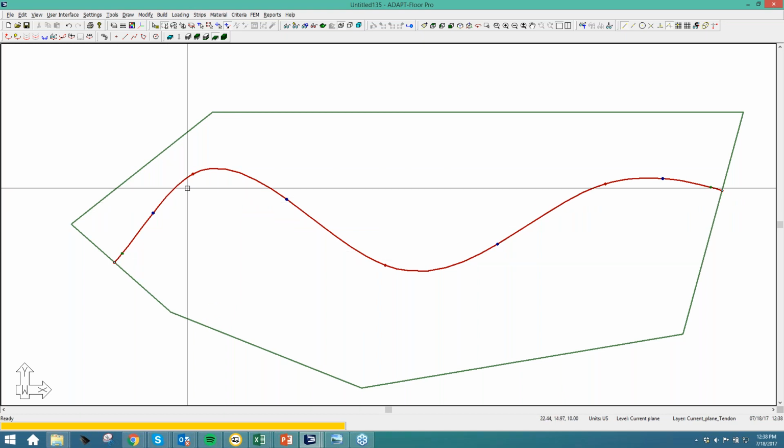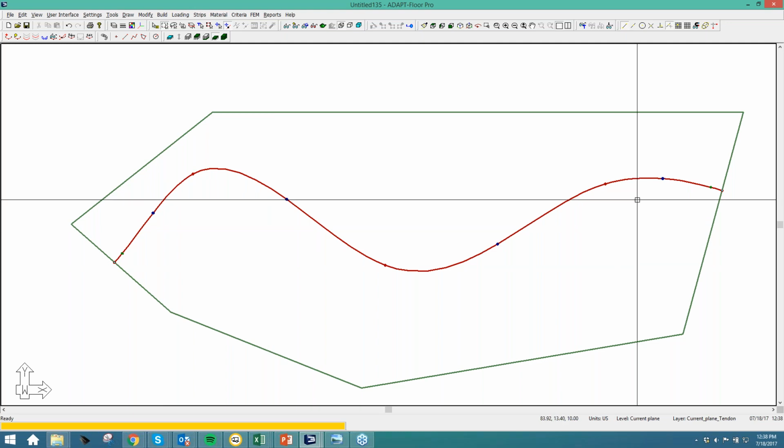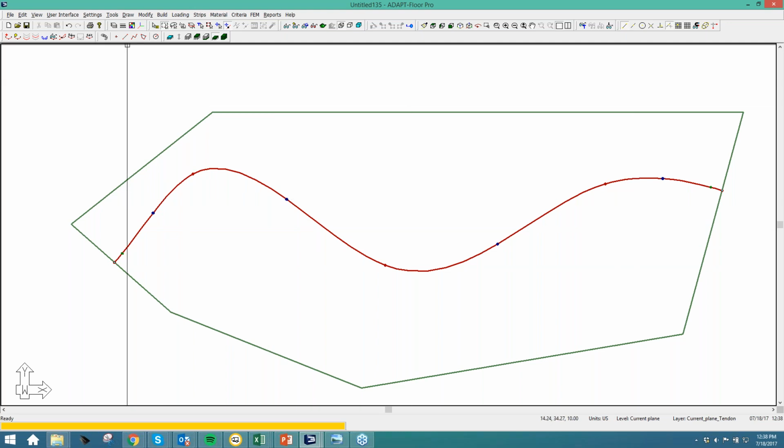And what's included in this spline shape is not just that it's shown for pretty pictures, which of course is nice in and of itself, but this tendon length is being calculated now in its entirety, and that length along the entire curvature is considered for, for example, elongation calculations and so on. So you're not just using,